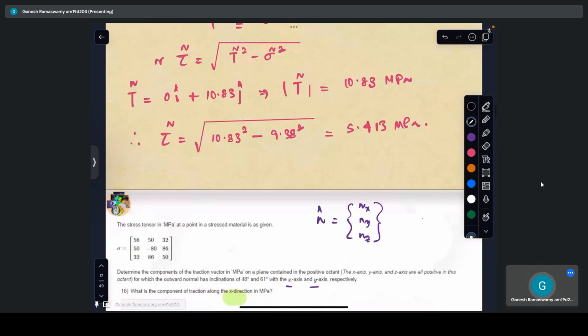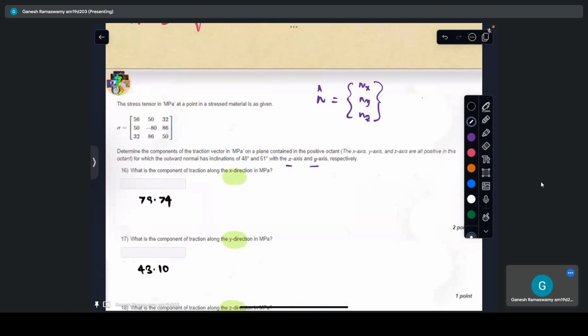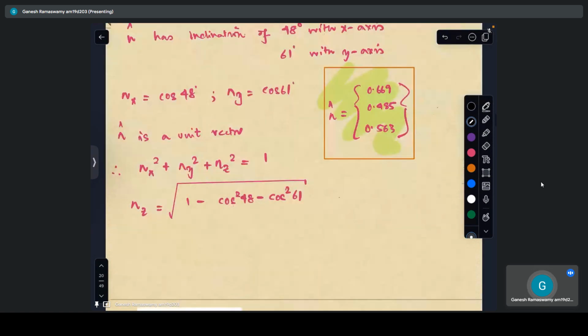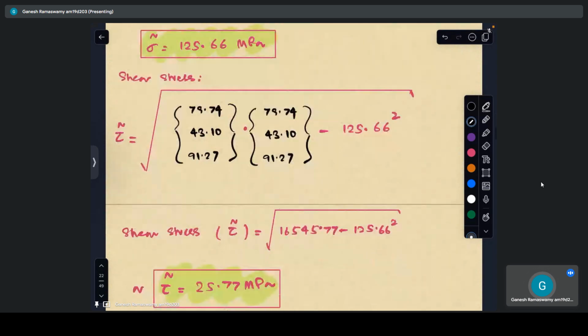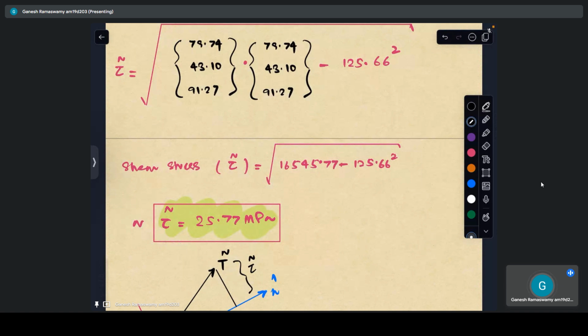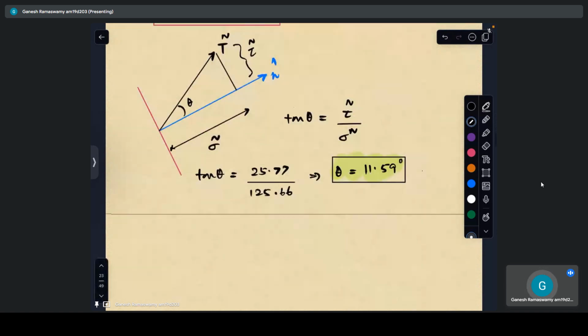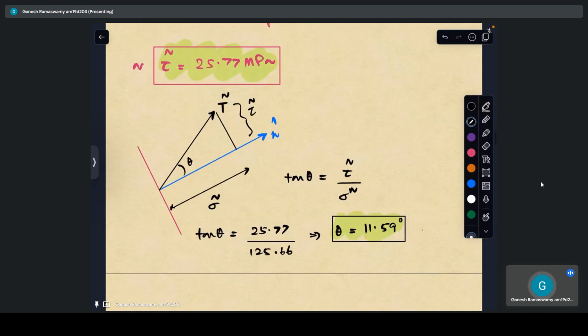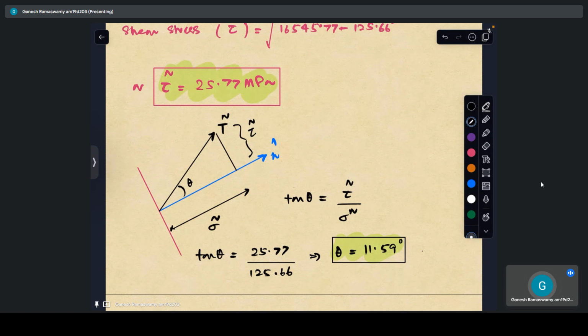So far we have seen how to apply Cauchy's stress formula to find out the stress vector on any arbitrary plane in 2 dimensions and 3 dimensions, provided we have the stress tensor with us. Now it turns out that stress tensor will not always be given in a coordinate system that we want. So we may have to do transformations similar to vector transformations, where we transform one vector in one coordinate system to another coordinate system. There is also a procedure to be followed when we transform second order tensors such as stress tensor and strain tensor, as we will see. So the next discussion from the session will be on how we transform second order tensors.